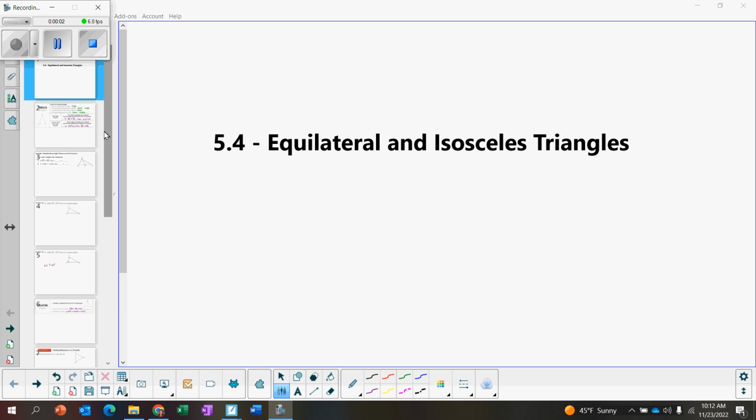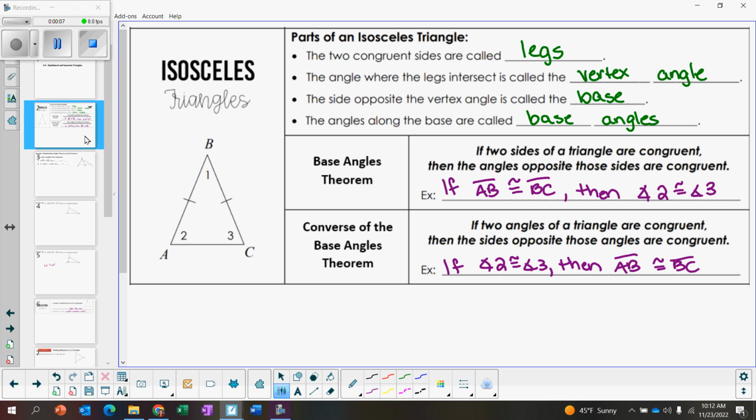This is lesson 5.4, equilateral and isosceles triangles. So we're going to start with an isosceles triangle. The sides that are congruent on an isosceles triangle, because we know by definition isosceles means two or more congruent sides, those are called the legs. And the angle where two legs meet, I point to an angle here, that would be called the vertex angle. The side that's not a leg is called the base, and then the two angles on that are called the